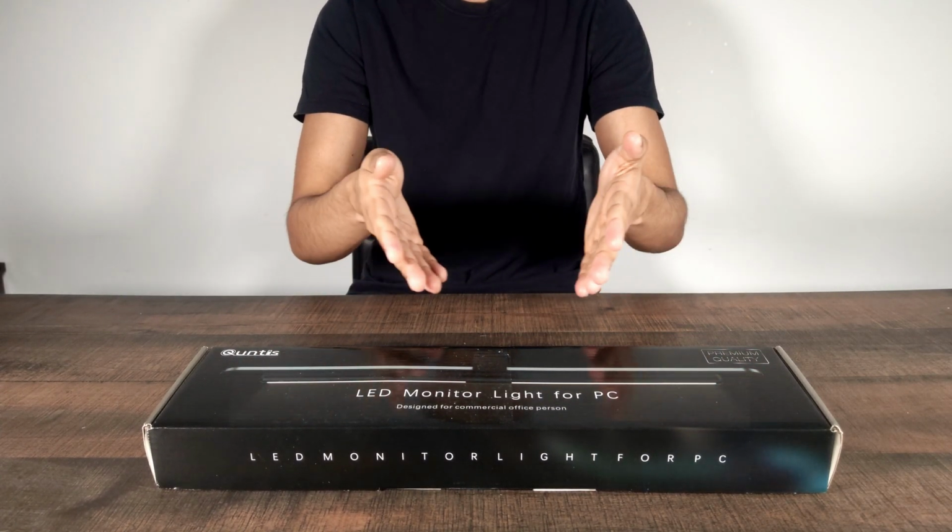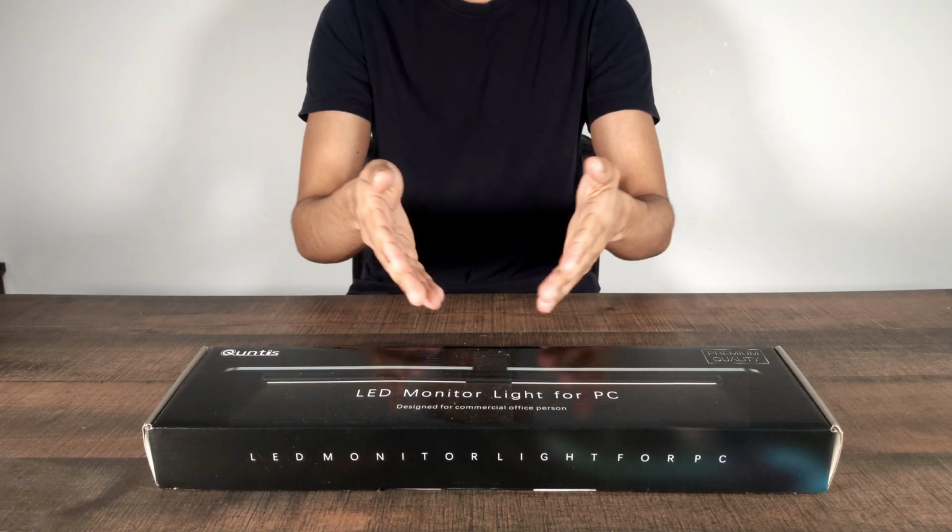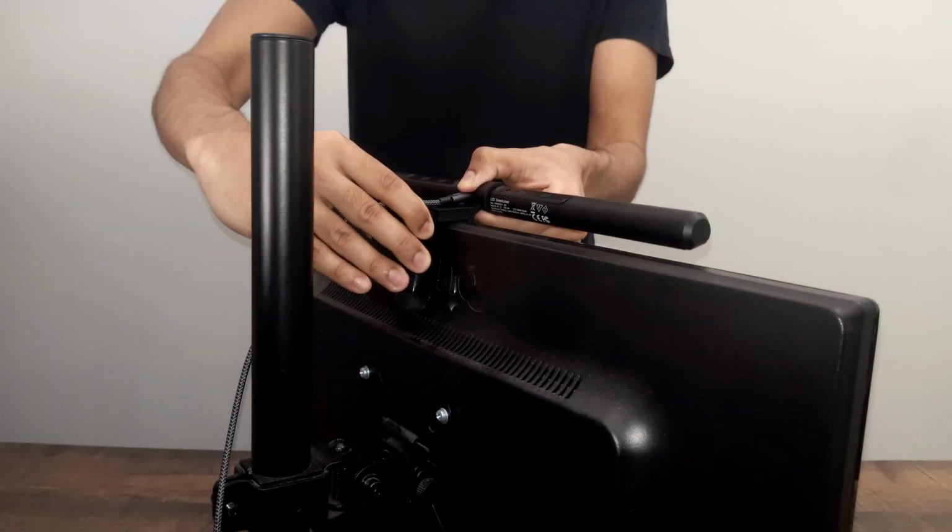In today's video we have a product sent over by Quntis, and what they sent over happens to be an LED monitor light. This is basically a light source that sits on top of your monitor to brighten up your workspace. There's a whole myriad of different features to get into, and we're going to be going through all that